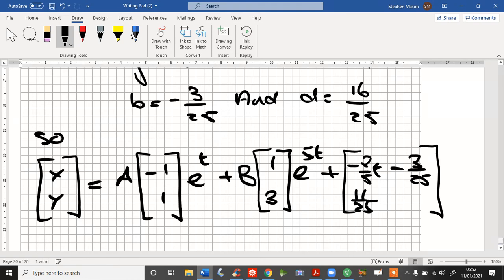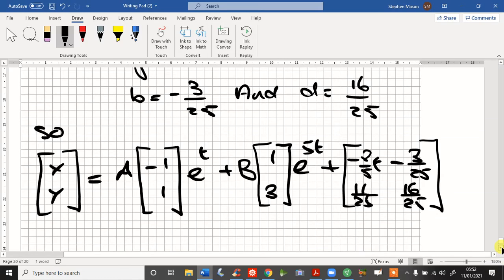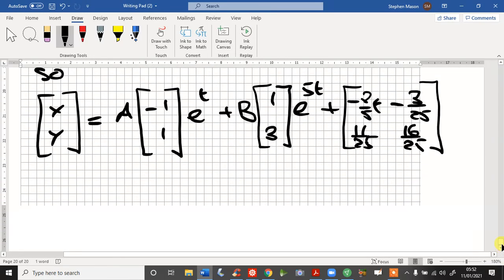It's a little bit cramped, but anyway. And then here for D, we've got 16/25. And I actually like to write something like that with the fractions in it, like this: x, y equals